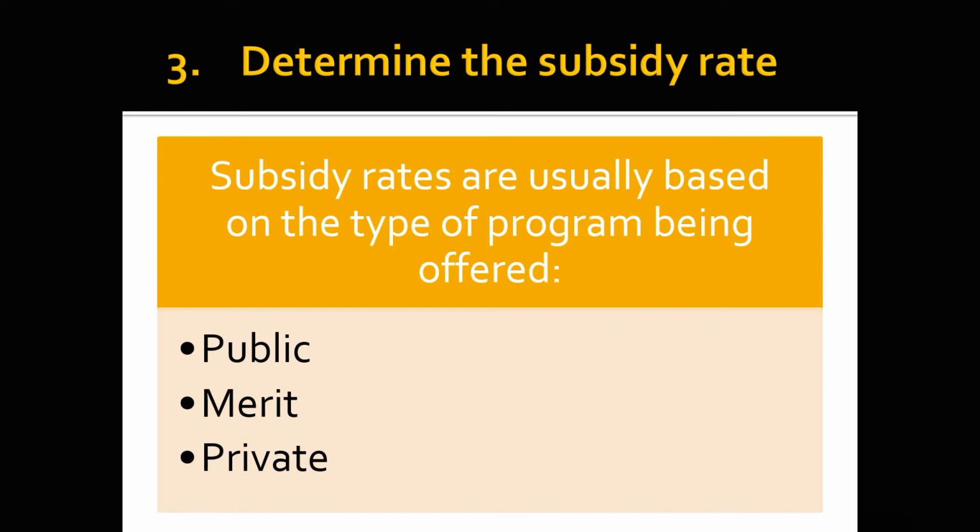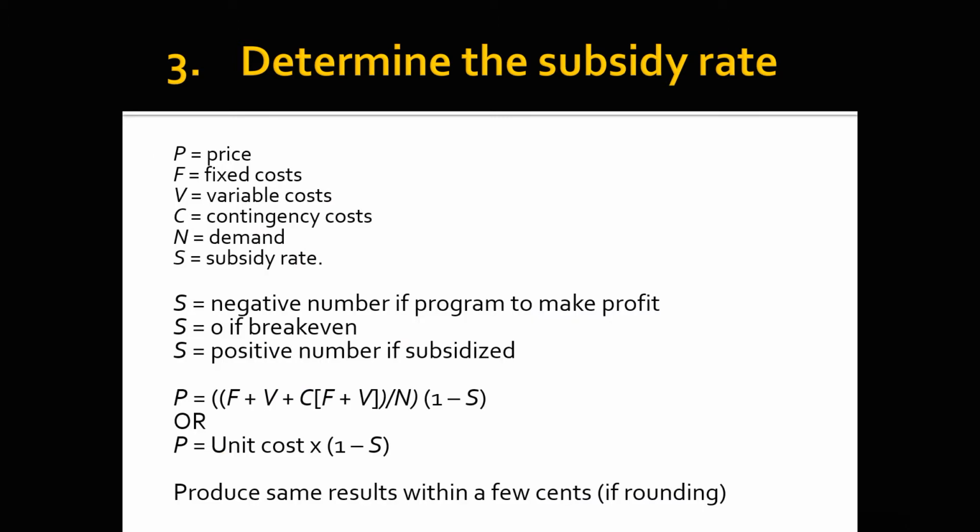So when you're actually looking at how to price your programs, you need to look at the programs you're offering and classify these programs and services into one of these categories. Is it public, merit, or private? And this then will help you to establish the subsidy rates. I realize I should probably have my next slide to explain this next, but we'll just first go to the